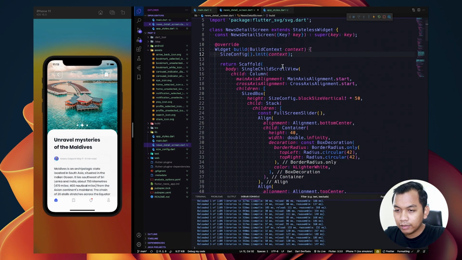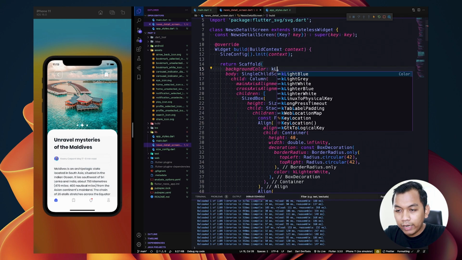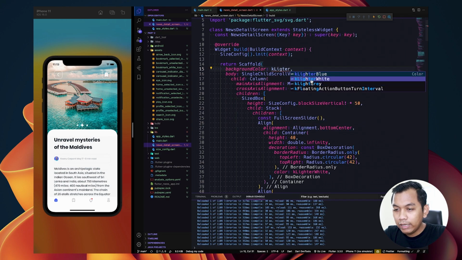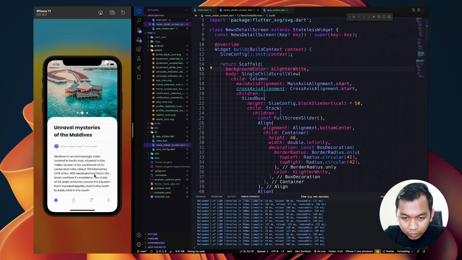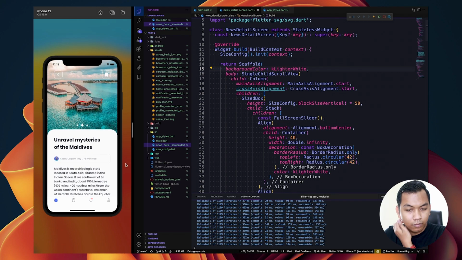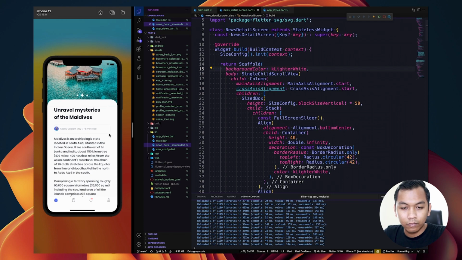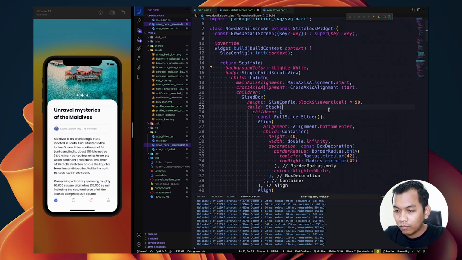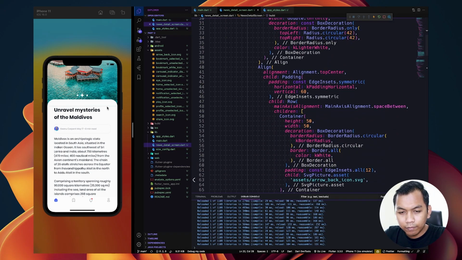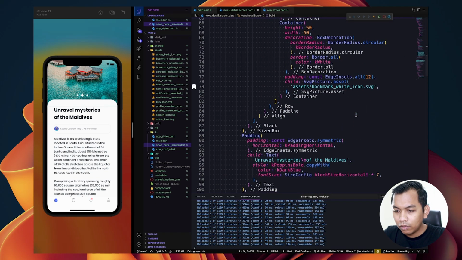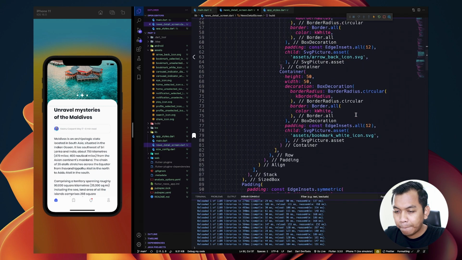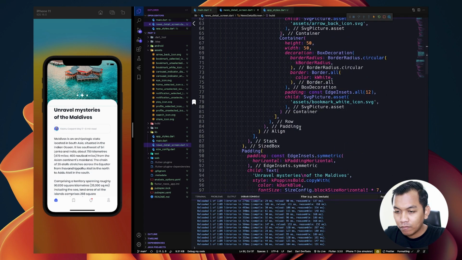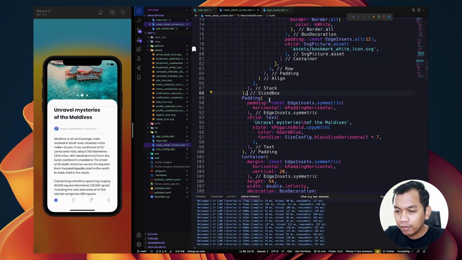And I think let's change the background color to be k lighter white. We have a little glitch here, so let's experiment.